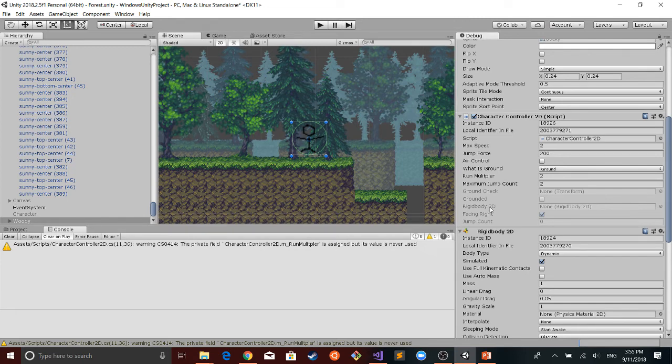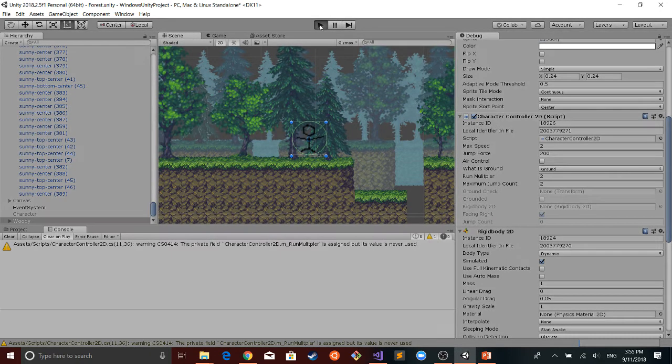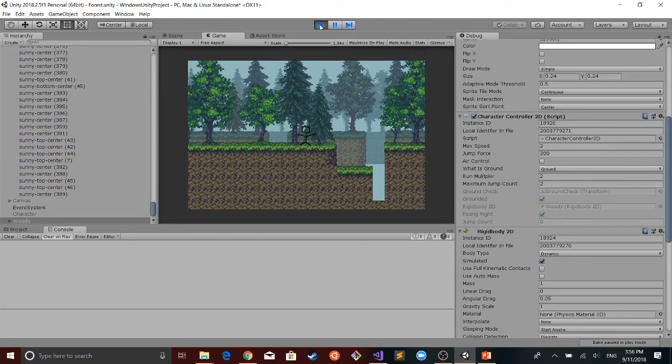And so we can play. Hopefully we should be able to visually see that that's the case, but then we can also look and make sure that that's also happening here in the editor. So go ahead and run that.